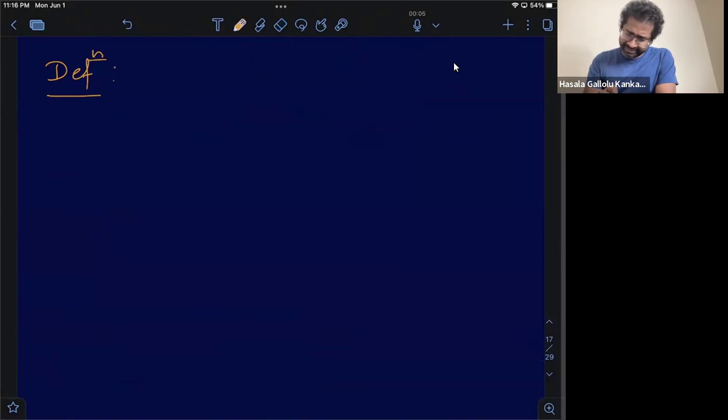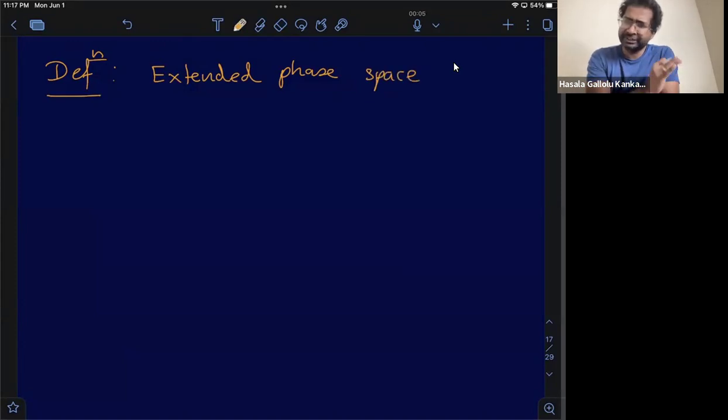Now, there are certain terms that we need to be familiar with in that context. I'm just bringing these as terminology for us to use later. So have some simple notes on this. So extended phase space